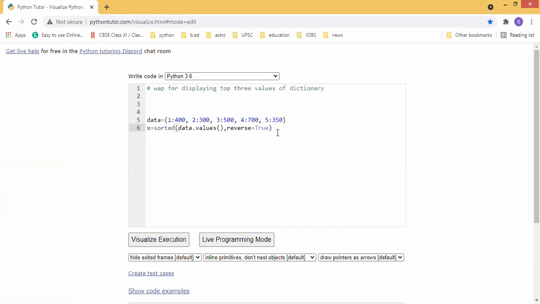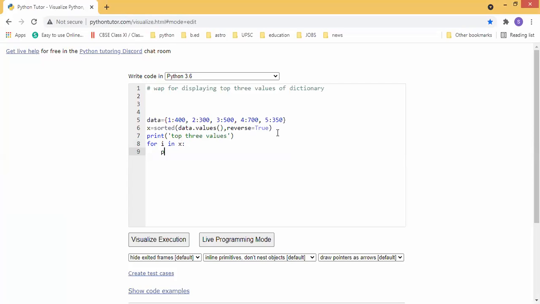Very good. So here I'm going to use one statement, print top three values, before traversing. Then in traversing, for i in X, we are getting those values from X, that X is the list.